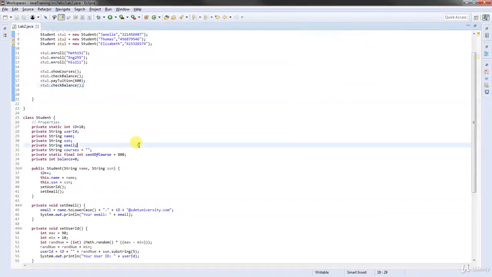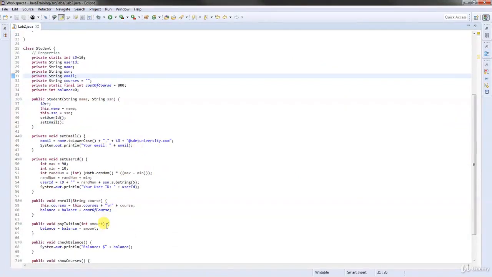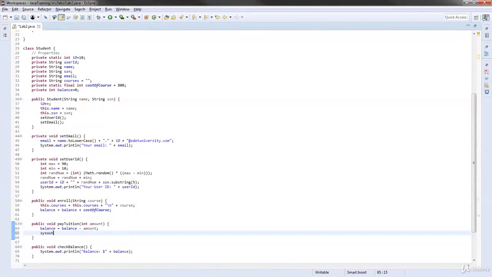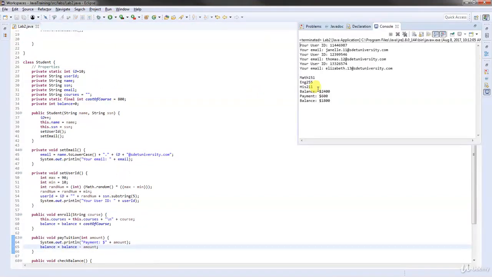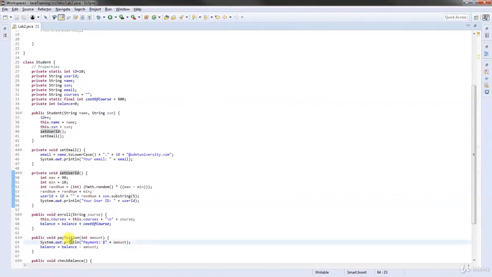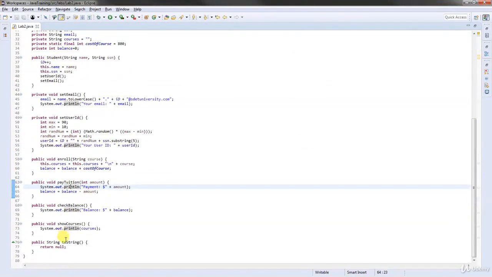Very good. So if they pay, let's make sure also to say sysout payment, and then say amount. We'll put that right in there. And that should actually come before the calculation. Alright, so there's our courses. Here's our balance payment. There we go. Okay, so we have our enroll, we have our pay tuition, we have our check balance, show courses,